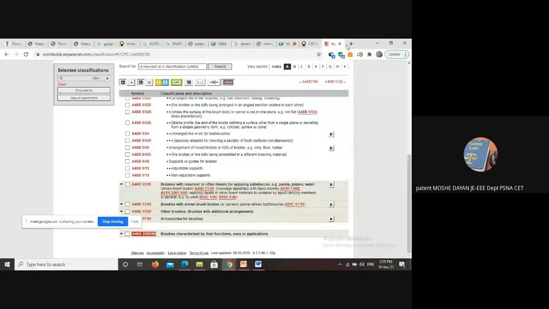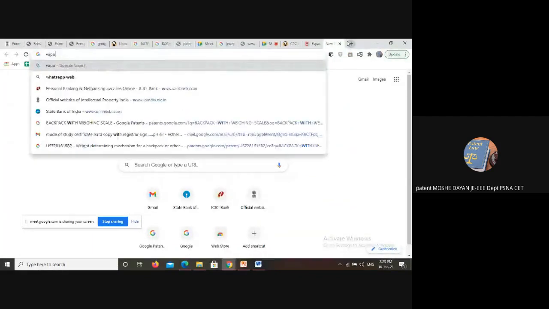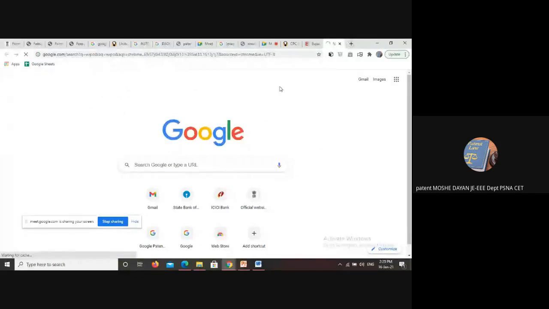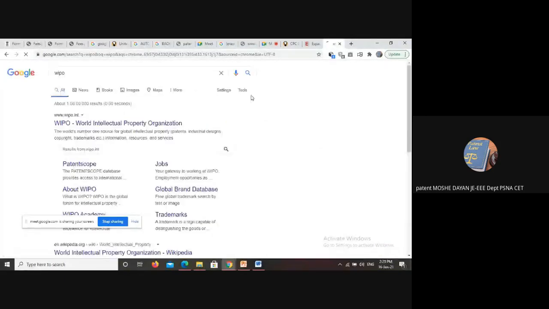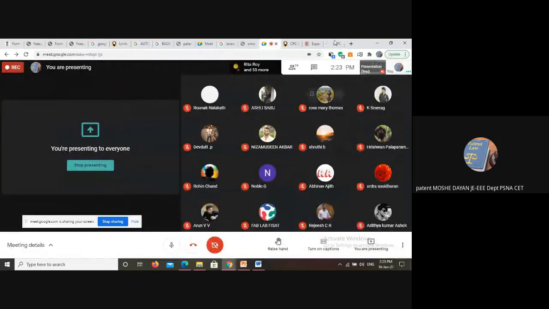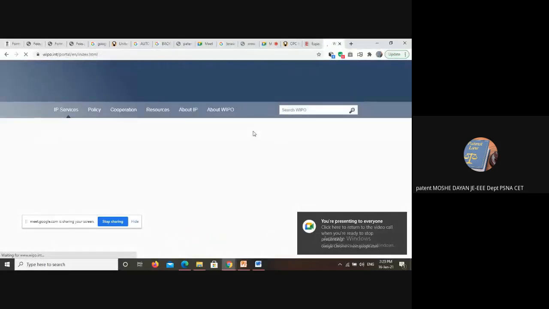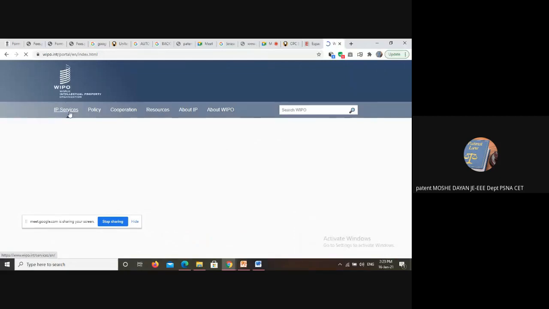So what is WIPO? World Intellectual Property Organization, WIPO. The head office is at Geneva, Switzerland. So when you do a WIPO search, when you get onto this website, IP services.